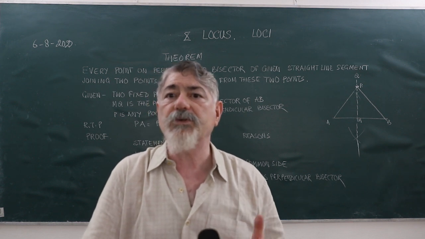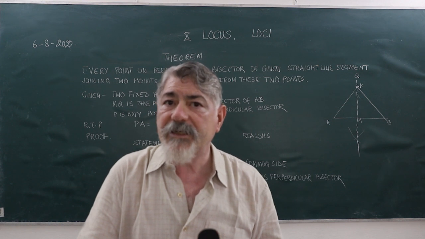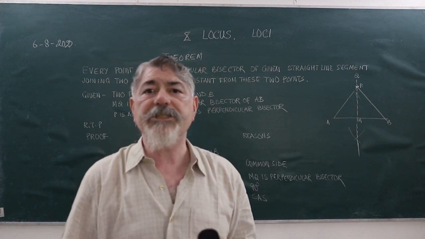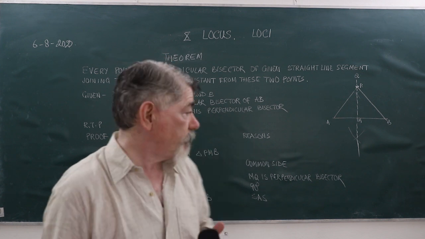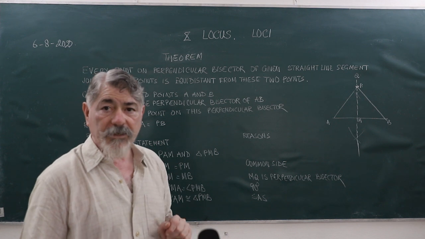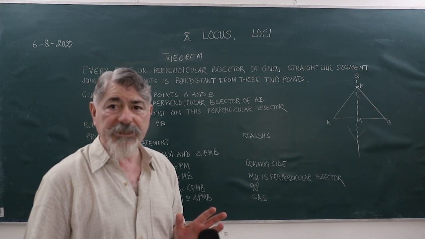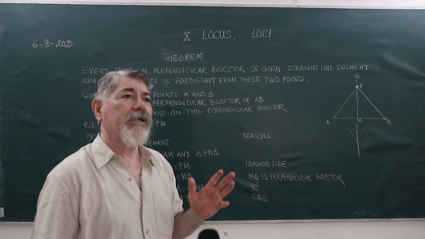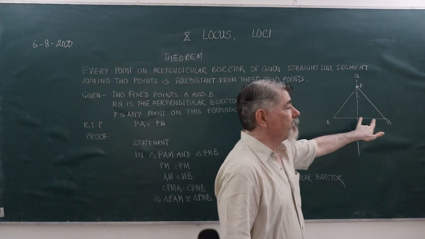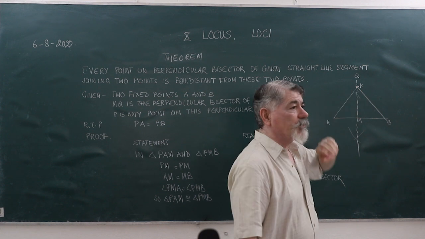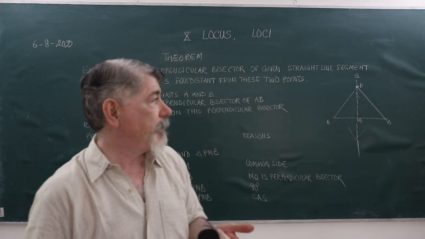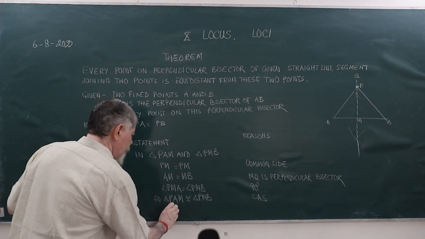These two triangles are going to be equal to each other in each and every respect, which means their angles will be equal and their sides will be equal. Already we have said AM is equal to MB and we have said PM is common. So two sides are already equal, so the third side will also be equal, that means PA is equal to PB.